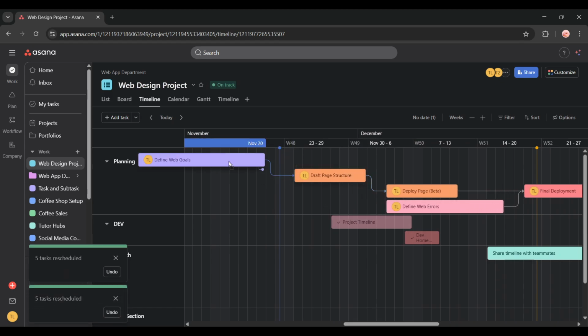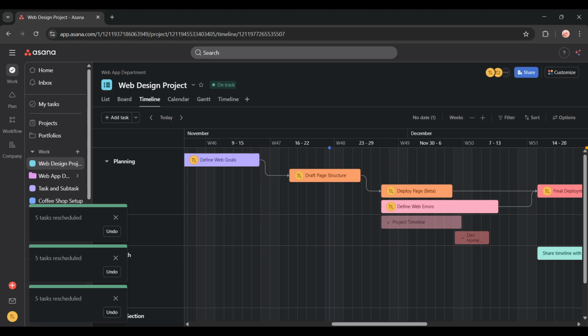accordingly. This ensures your project stays organized and your team understands how date changes ripple through the